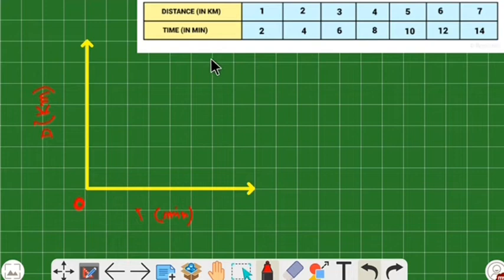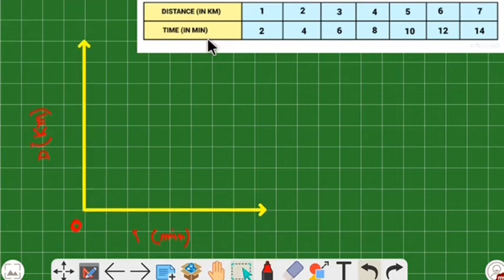Now, to draw a graph we always need data. So here some data is given, and according to that we have to draw the graph. Now students, we have to choose a suitable scale so that we can represent the large values of time and distance within this range. So here I have chosen a suitable range, for distance it is 1 2 3 4 5 6 7. So this is 1, this is 2, this is 3,